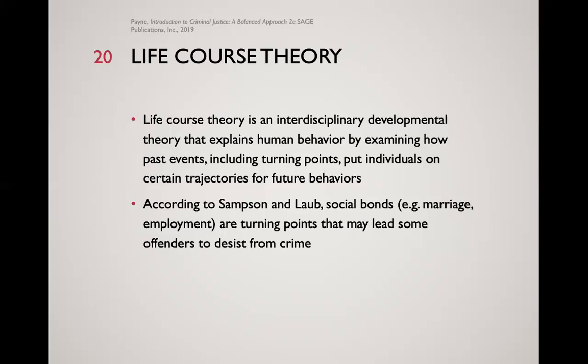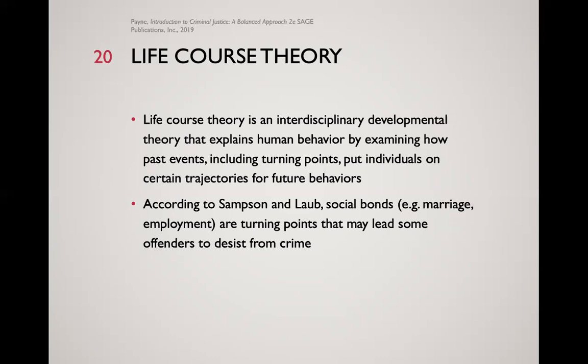basically it's an interdisciplinary developmental theory that explains human behavior by examining how past events, including turning points, put individuals on certain trajectories for future behavior. Sampson and Laub are the two main proponents and advocates of life course theory. They basically said social bonds, for example marriage, employment. So being married, having a job, having kids, they're turning points that may lead some offenders to desist from